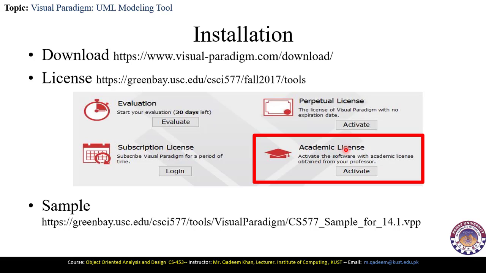Here is some important information about the installation and downloading of Visual Paradigm. To download Visual Paradigm, first you need to go to this link, https://www.visual-paradigm.com/download/, or you can directly go to the Visual Paradigm page and then click on the download section to download Visual Paradigm. And if you want to buy the license, then you need this link to buy the license,